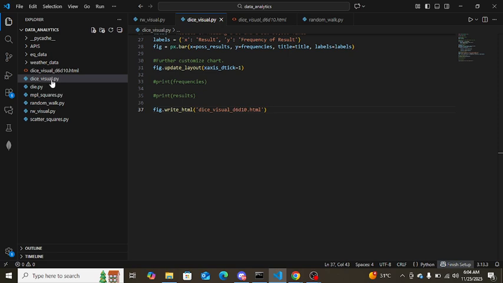We have our first visual, which is the dice visual. This code simulates rolling two dice, a six-sided die and a 10-sided die, 50,000 times. Each roll adds the values of both dice and stores the result. Then it counts how often each possible total from 2 to 16 appears. And finally it uses Plotly to create a bar chart that shows the frequency of each result with one